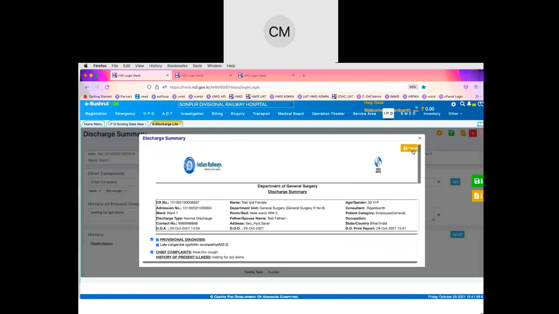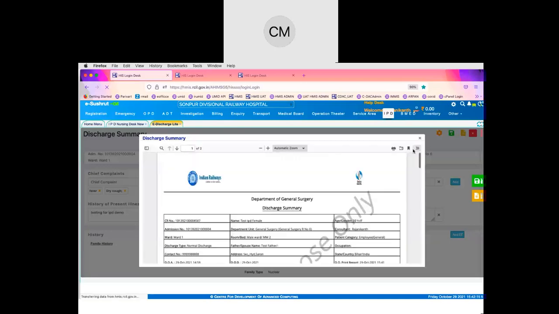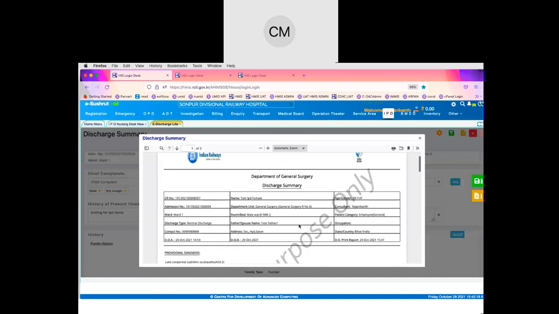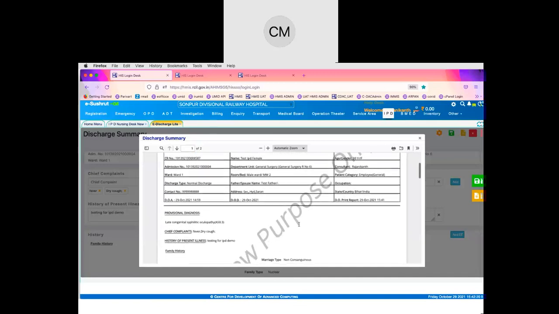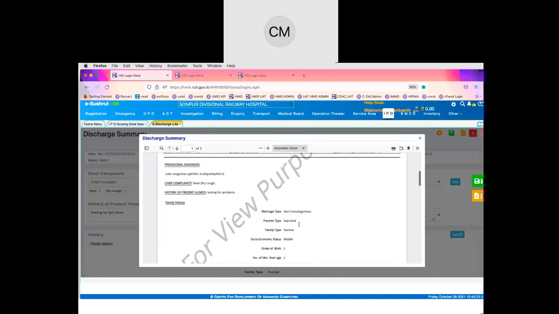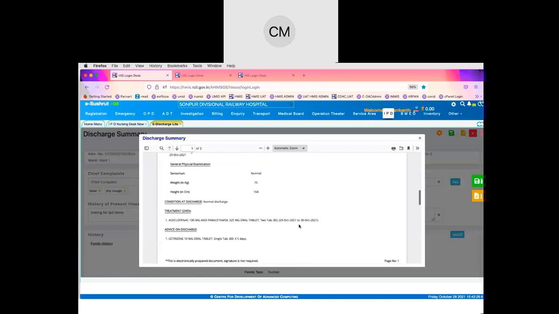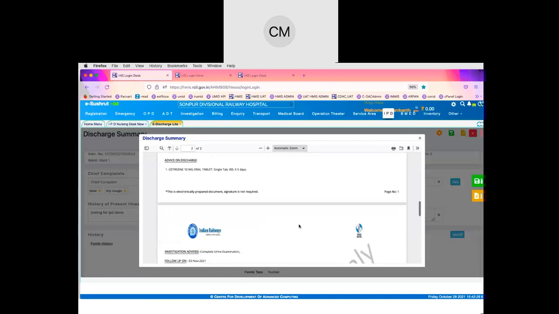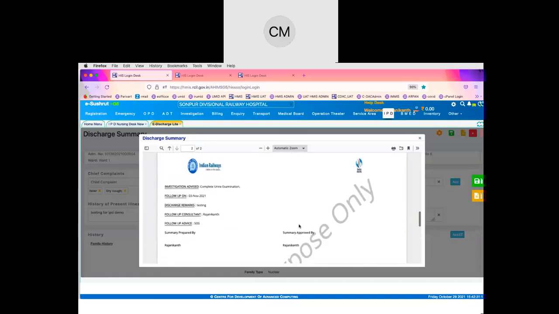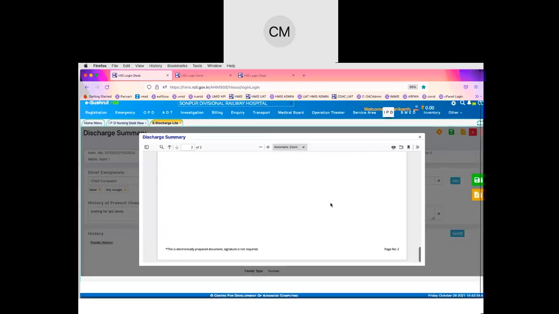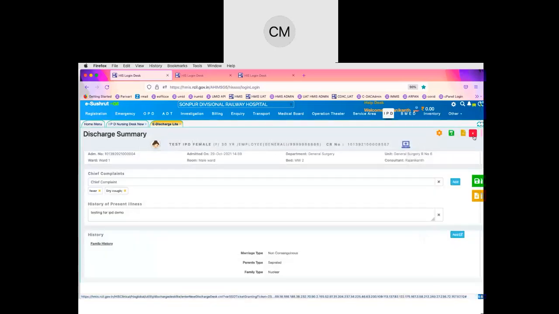We expect that the nurse will initiate it, and then the doctor will see and confirm that this information is all fine or that something needs to be removed or added. After that, the doctor also will have the same process here, and then they can click on the prepare button. Once the prepare option is exercised, it will come in a printable form, and this can be printed. Now the discharge summary is in a finalized stage. So it can be concluded.